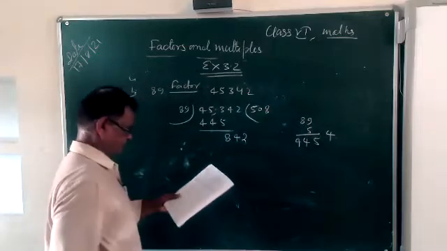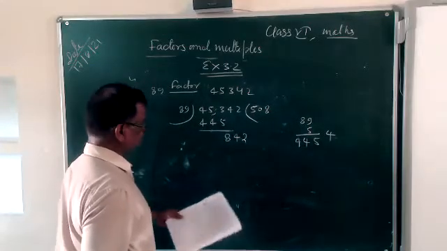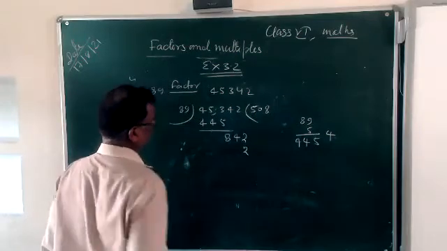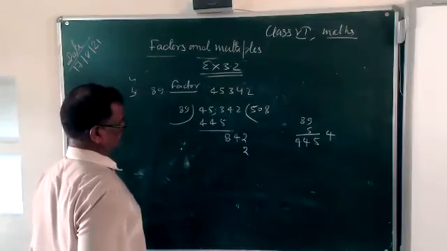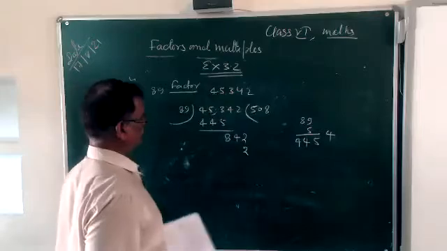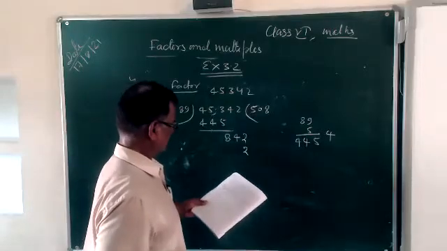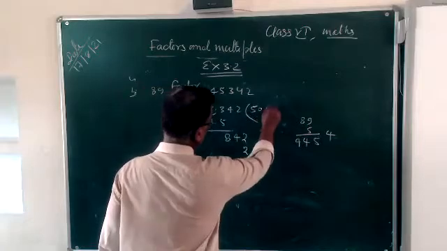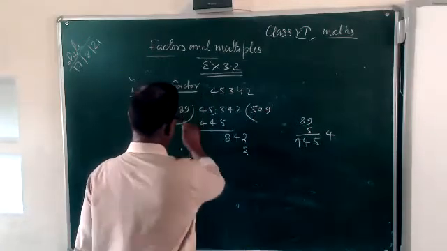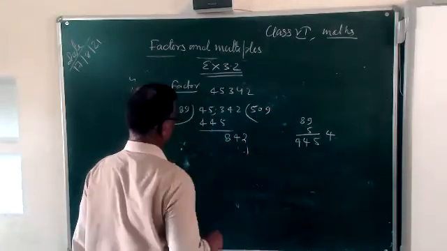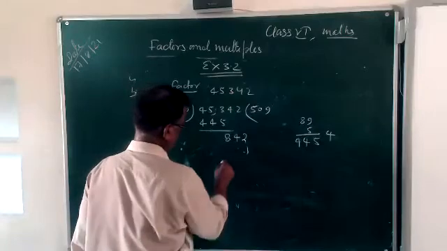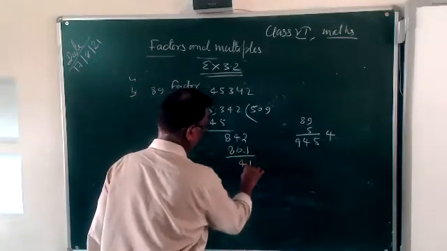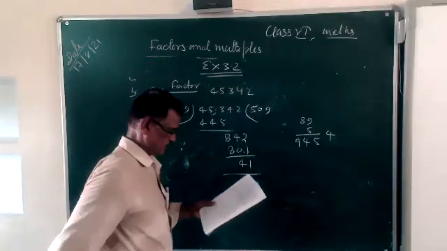Each time divide. 72. This is 9 times. 9 times 9 is 81, 72 and 8, 80, and 41 remainder is coming. See here, boys,